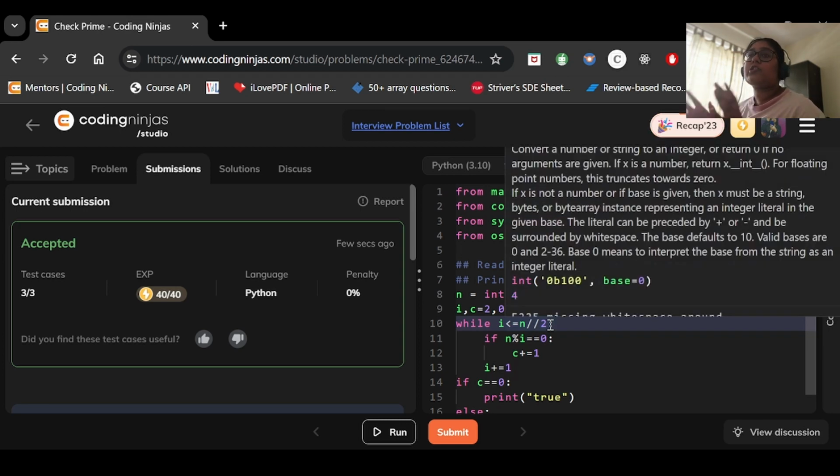Now we know how to check whether a number is prime or not. Today we will be seeing one more question, that is how to reverse a number. Because once you know how to reverse a number, then we can solve a problem called palindrome number. So what is a palindrome number? A palindrome number is a number which, when reversed, is the same as the original value. First we will learn how to reverse a number, then we will see what a palindrome number is.